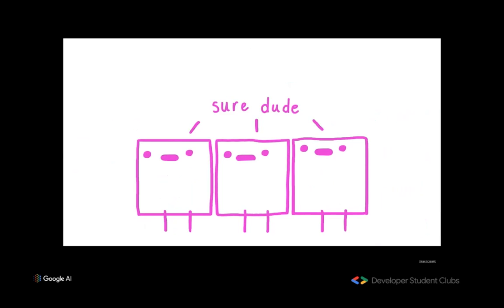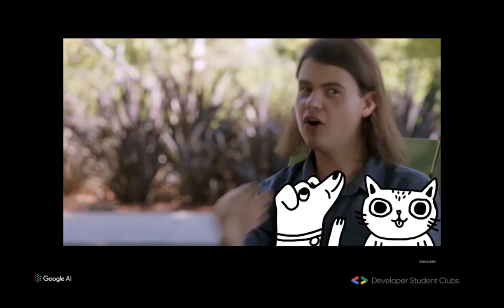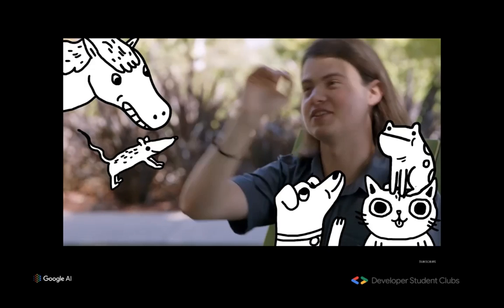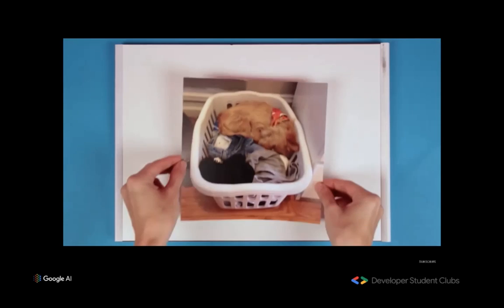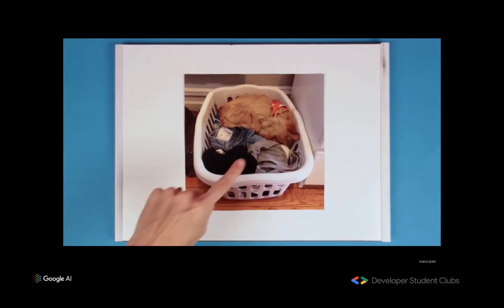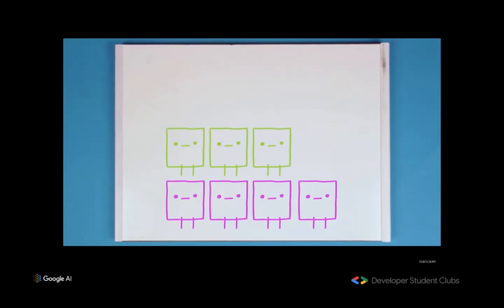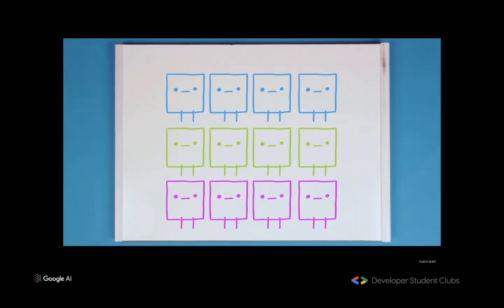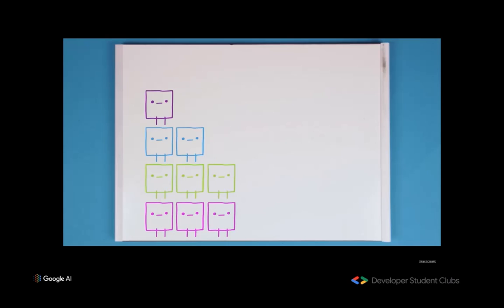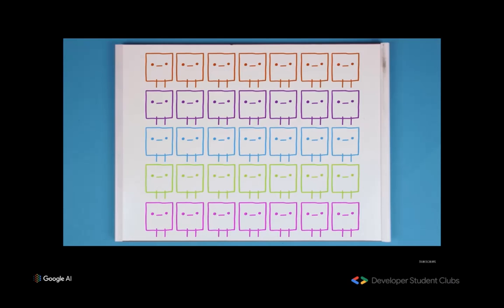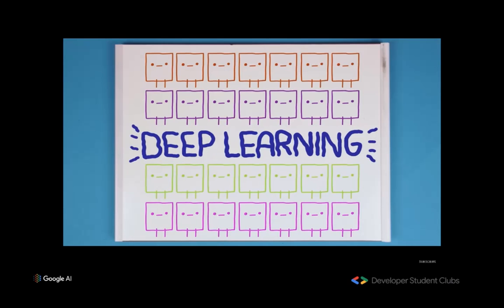We have lots of neural nets that are really great at recognizing, this is a cat, this is a dog, this is a frog, this is a mouse, this is a horse, this is a truck, and things like that. So take, for example, trying to recognize what this is. It used to be that we were really proud if we could get a neural net with 3 layers to work. And it's recently that we've made a lot of progress on techniques that allow us to train much deeper neural nets. And that's why this kind of machine learning is also called deep learning.